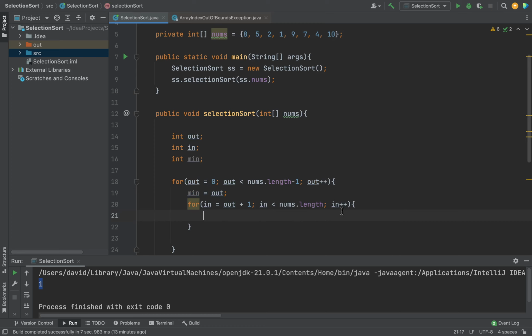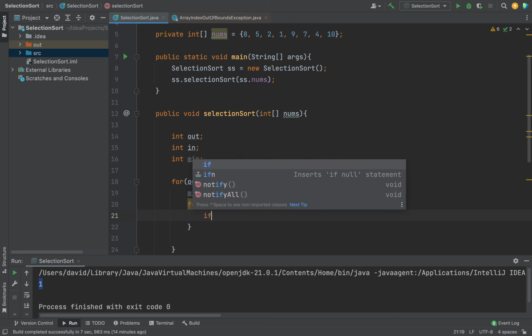Okay, now once we increment this loop in here, the value of in is going to increment, and then we're going to be comparing this value right here, number 2, with the value in the holder variable. Now this loop is going to run again, it's going to increment the value, and it's going to be comparing this one with the value in the holder variable, which is in index 0. And once it finds the lowest value, it's going to swap those